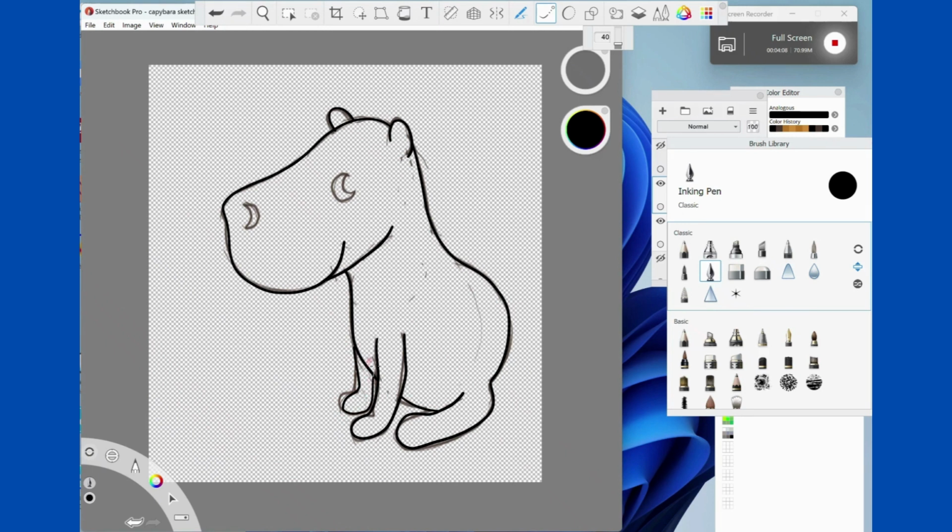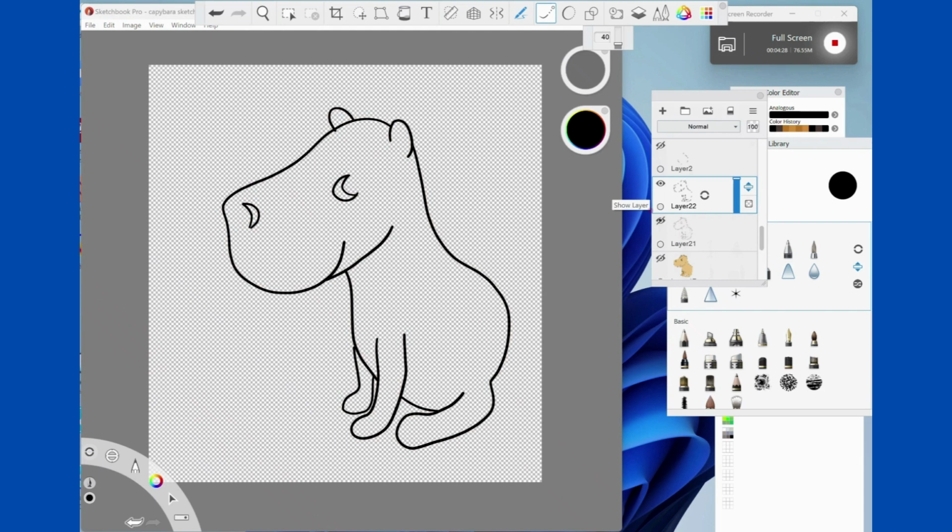And just finishing up here, I'm going to move up to the eyes and the nose. This is where the steady stroke is a little fiddly in the sense that when there's small shapes, you have to be kind of careful as you trace those. So now you can see I